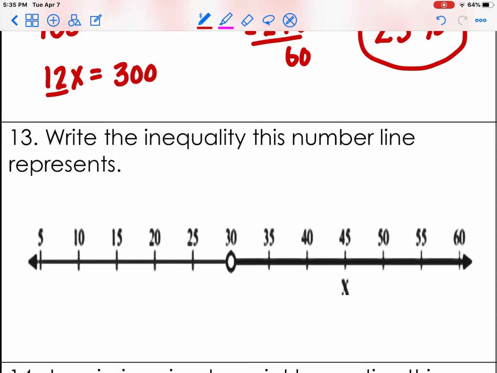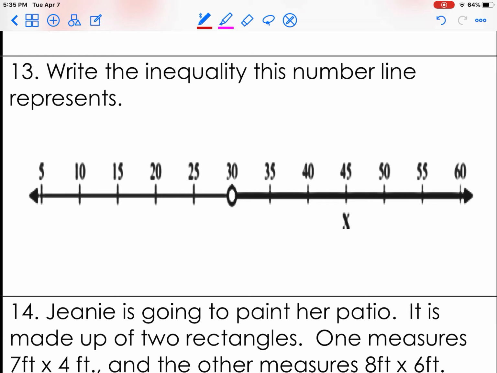Awesome sauce. Number 13, write the inequality this number line represents. I'm seeing some people making mistakes on this already. Guys, that's an open circle. That means it is pointing in the direction of the arrow. So it's this symbol. There's no line under it. It's not filled in, so that means it's not or equal to. So it's open circle, and X is greater than